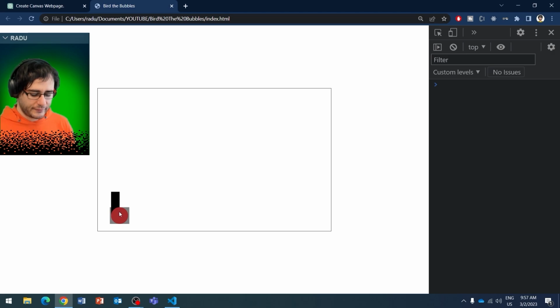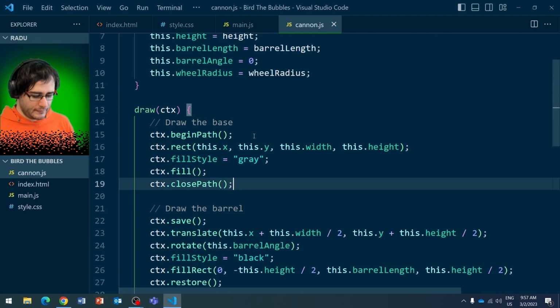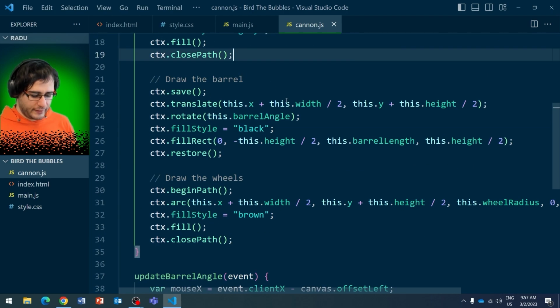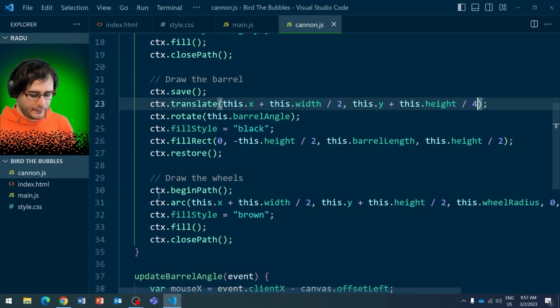I would like the center point to be here. The barrel. Well, let's try to put here divided by 4. Okay, so now it's higher up, but I would like the